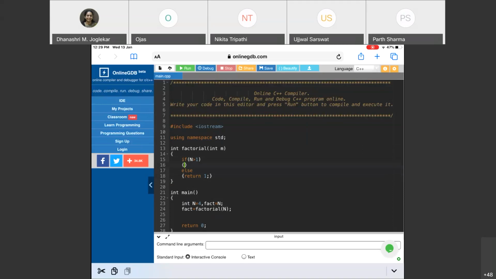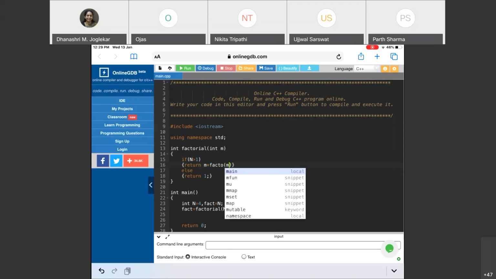And the looping operation is something that I'll be writing over here. I'll say return, I've made a mistake in typing. So I'll write it this way: return m multiplied by factorial of m minus 1.